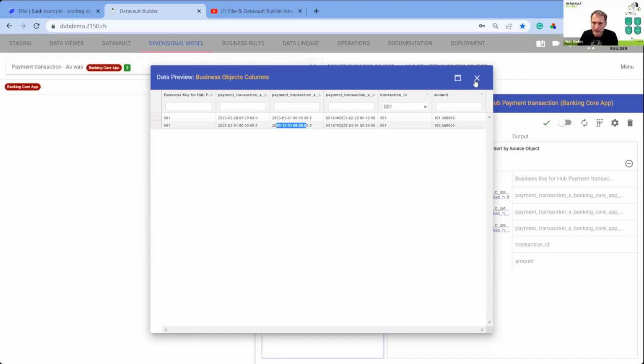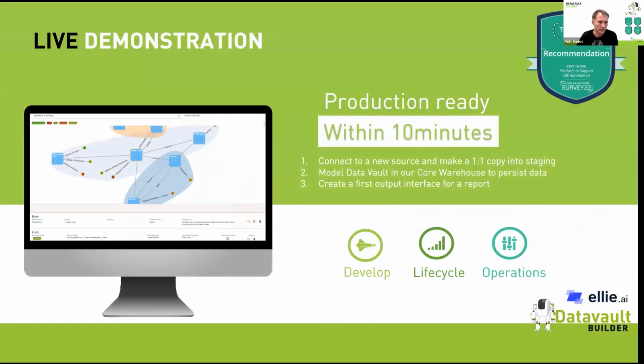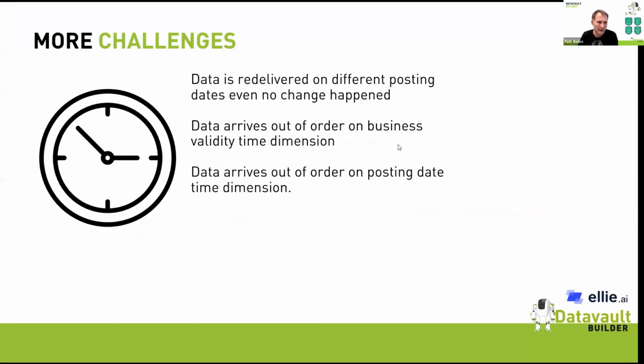And if we jump back into the presentation, what you haven't seen is that we solved already many more problems than I could show in a short time. So if data is redelivered with different posting dates, even if nothing changed, like there are banks that are exporting all their master data every day with a new posting date, even if nothing changed, we are already compressing the data. We are not storing the same data again and again, but we're reducing it to store a minimal amount of data